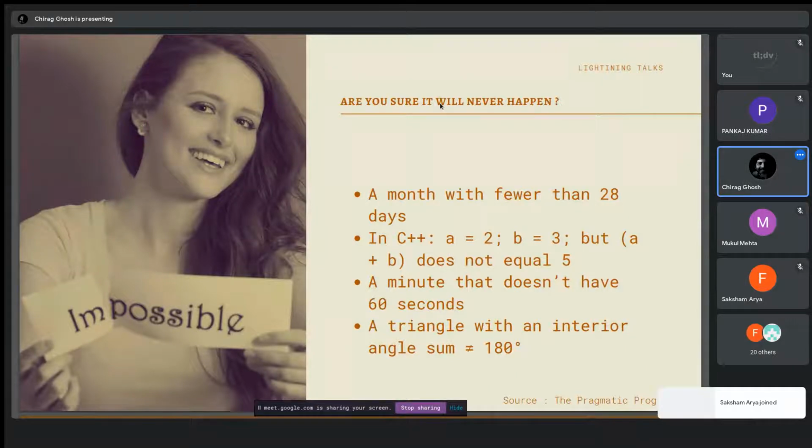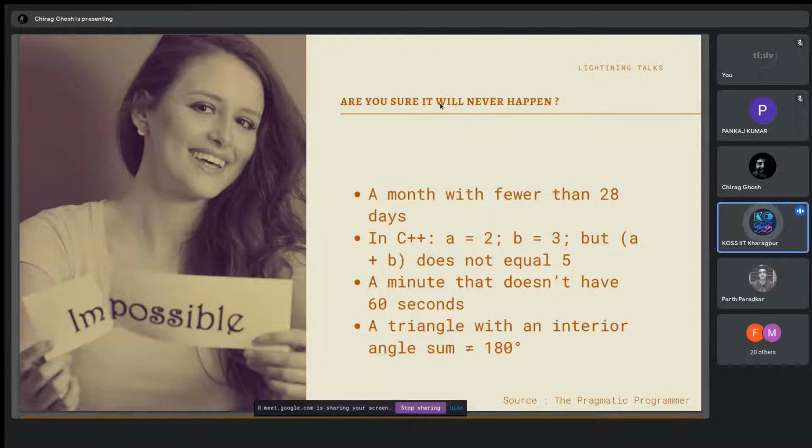Hello. No, I didn't understand the last question. One cannot have, it can break if the triangle is in hyperbolic geometry. It will be greater than, or less than. Yes, something like that. The third one can break if you consider relativity. Okay, I did not think of that. It depends on your definition of a minute. Okay, the fourth one clearly is possible, but one, two, three seem less so. Yeah, okay, there is less time, so I'll take you to the answers.